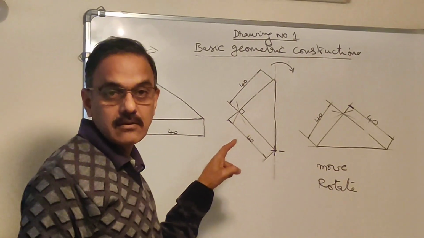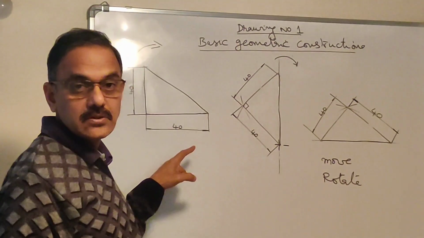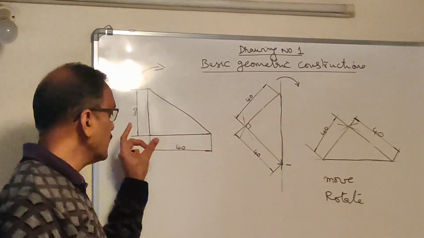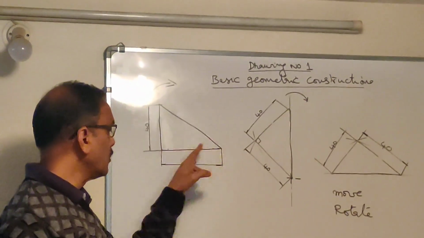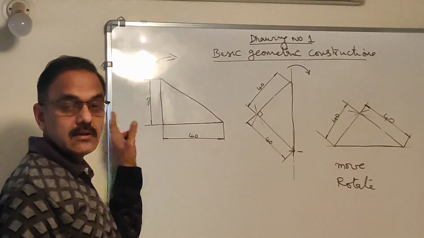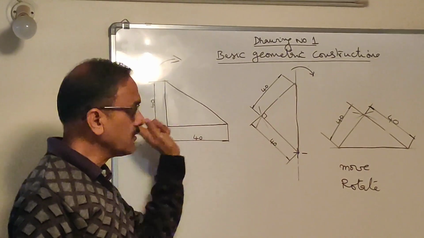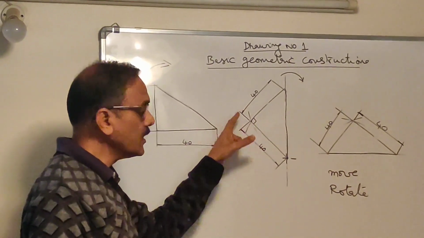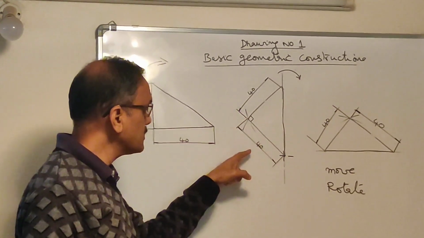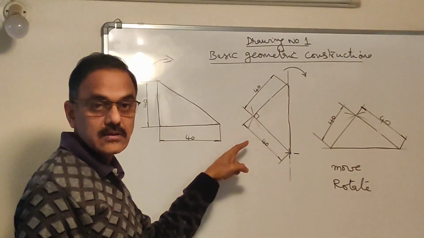Dimensioning has to be done. Okay. These dimensions you can't use. When you are selecting the polygon, only the polygon has to be selected. Only 3 edges will be selected, not the dimensions. Okay. So that will be moved here and then rotated to the required position. You will just do the dimensioning.